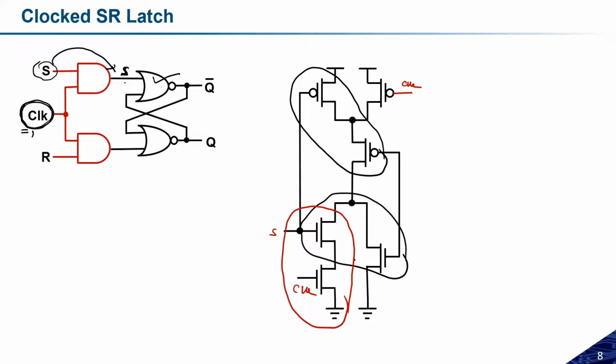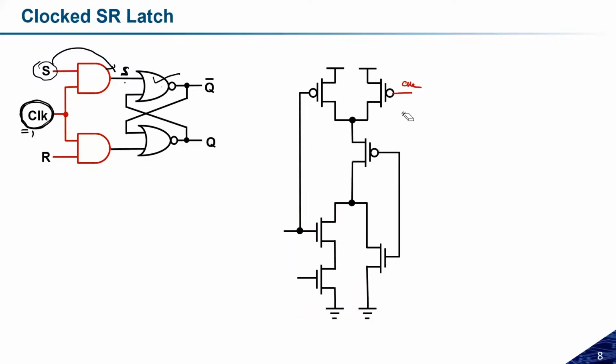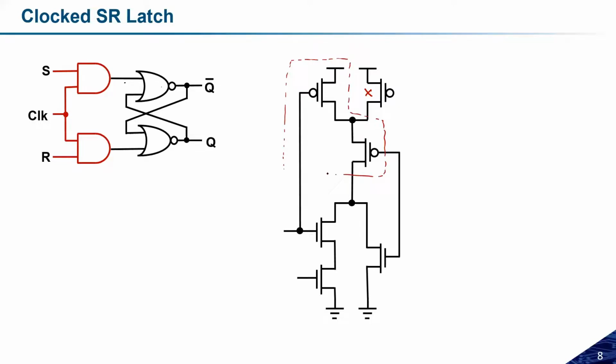Let me repeat again what I just explained. We know that if I want to make a simple OR gate, just forget this transistor. In the pull-up network, we will have two transistors in series, and we know that both the transistors will be in parallel in the pull down network. So let us consider these two transistors are giving the NOR kind of function.